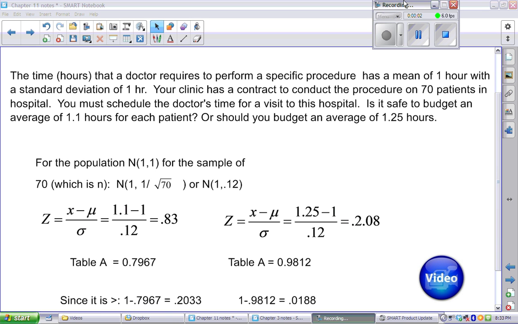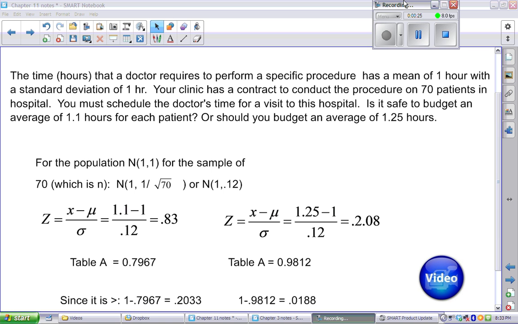The following is a problem from Chapter 11. This one is going to look at the time in hours that a doctor requires to perform a specific procedure. And this doctor, when he conducts a specific procedure, has a mean of 1 hour with a standard deviation of 1 hour. The clinic that he works for has a contract to conduct the procedure on 70 patients in a